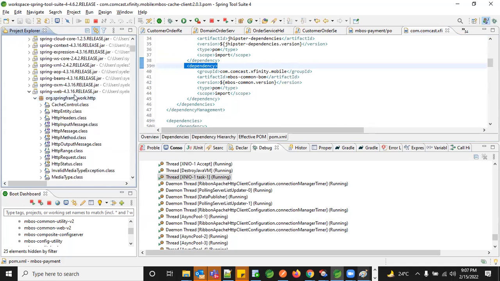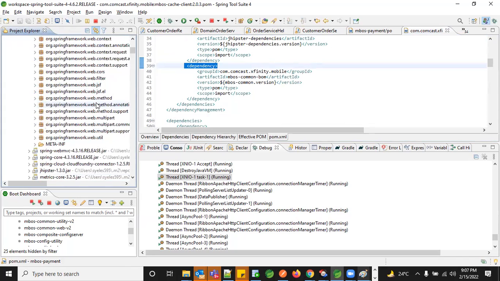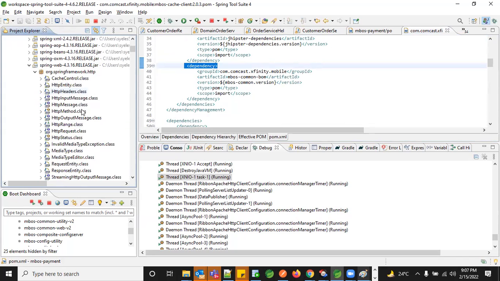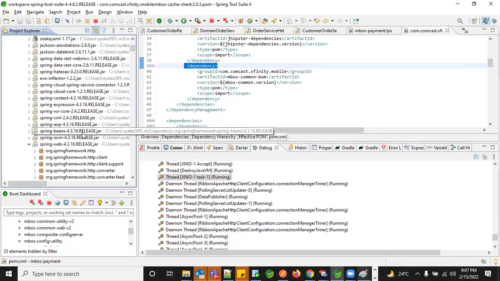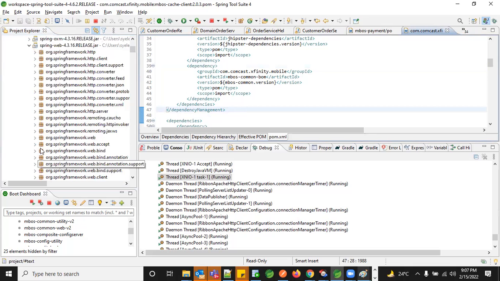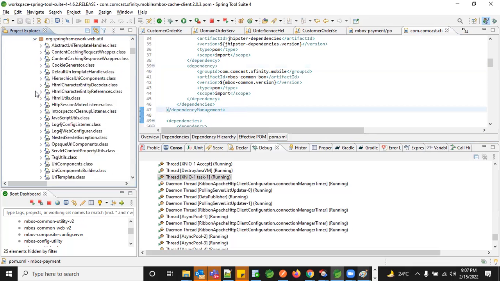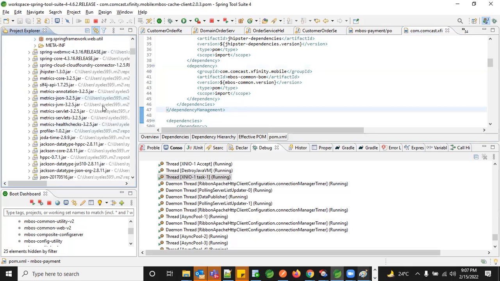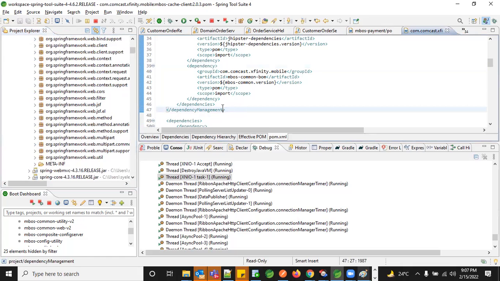Okay. If you see, this is one kind of jar, and it has n number of packages, and those packages have n number of dot class files. So this is your jar. There is also something called a war. We'll see the war creation a little later when we start web development. But right now, a jar is nothing but a group of Java classes packaged into a single thing, so that whenever you want to execute, you can execute only this jar. We'll see tomorrow how to execute a jar normally and through Maven.